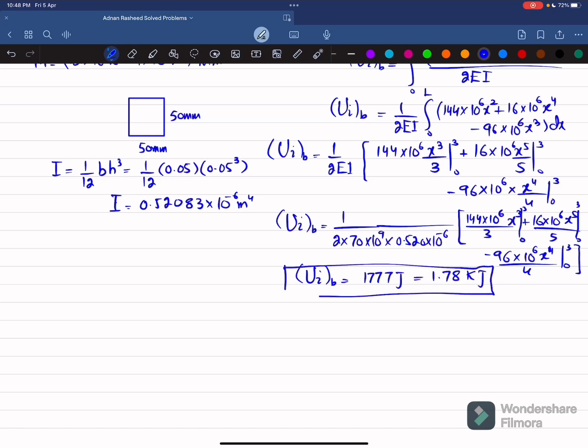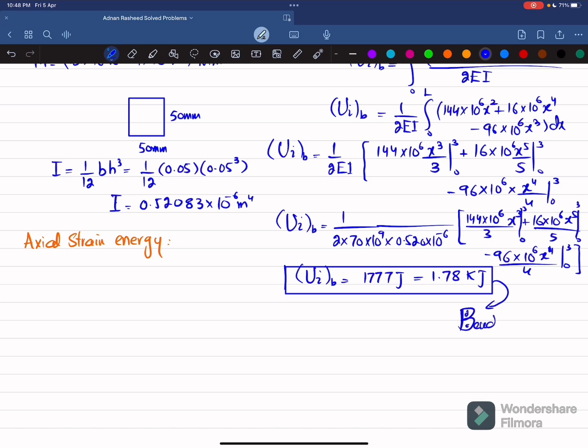So this is the amount of strain energy that will be stored in the beam due to bending. Now what we will do is find the axial strain energy. Let me write it here. This is the bending strain energy. For axial strain energy, we know that